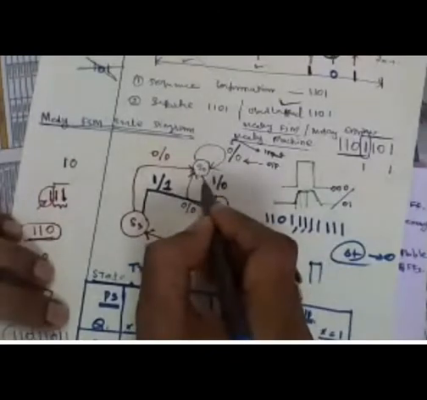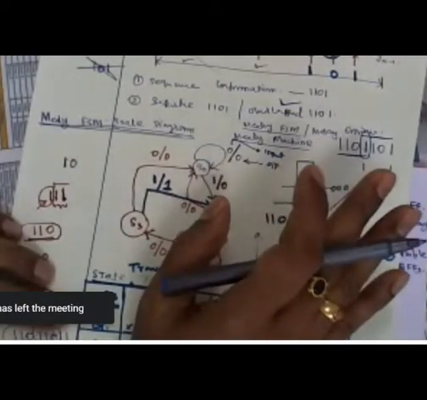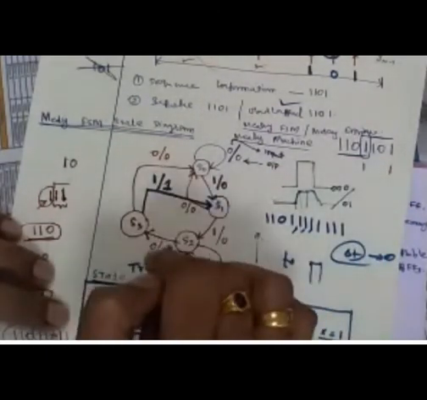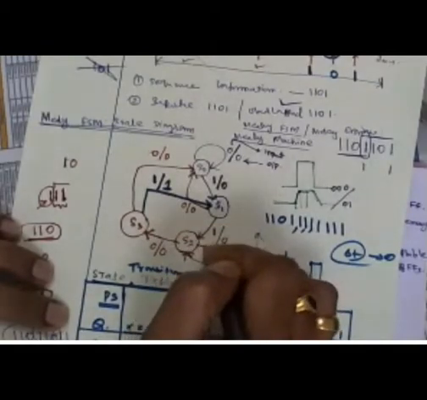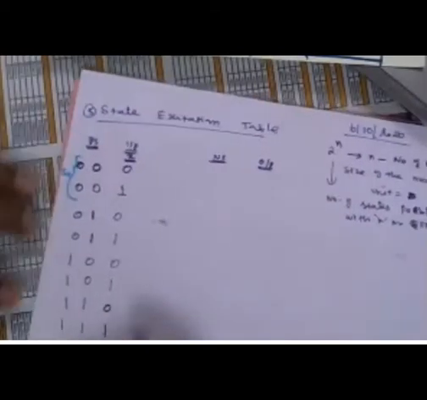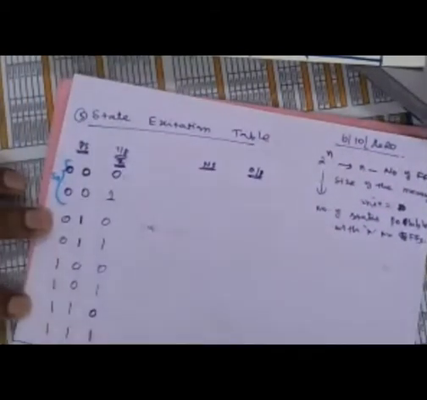If 1 comes, it goes into S1. If 0 comes, it stays there itself. Like that, in all the possibilities we have analyzed it already. If 0 is coming, where should it go; if 1 is coming, where should it go, right? So accordingly there may be 0, there may be 1. So these are all the 2 power n possibilities in this table.